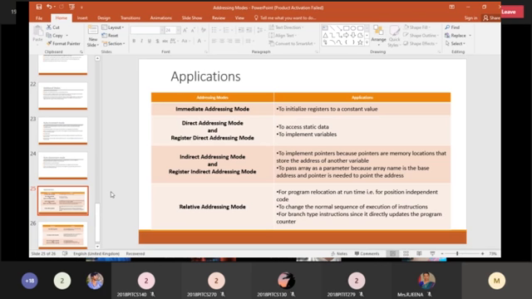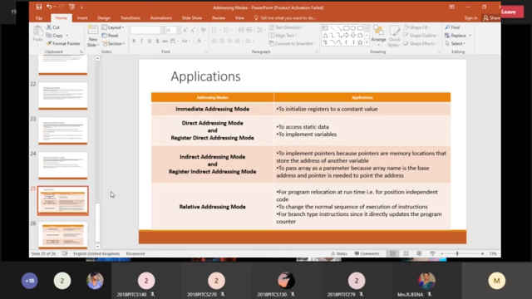It is also used to pass arrays as parameters, because the array name is the base address and a pointer is needed to address it. And in relative addressing mode, I have already discussed that